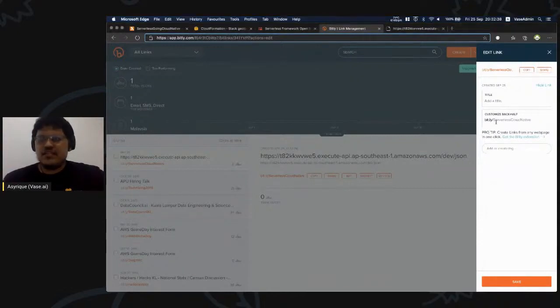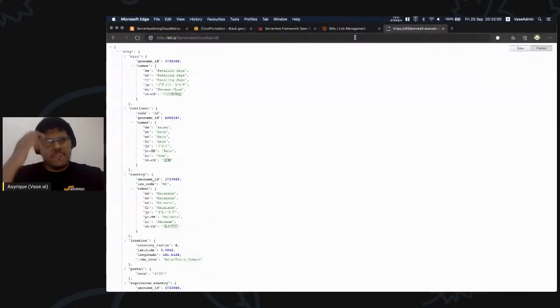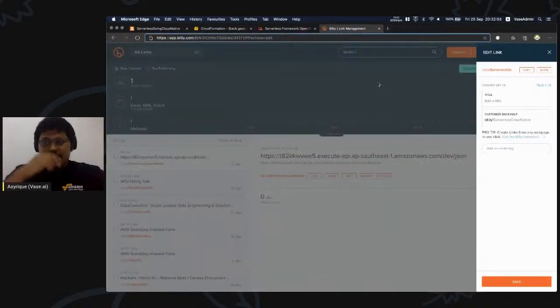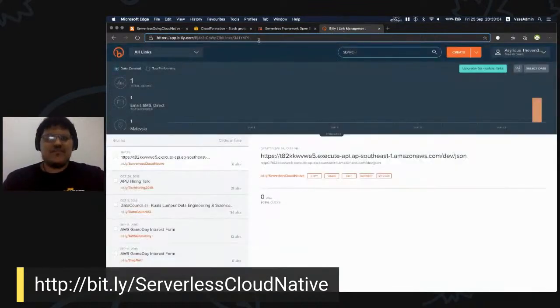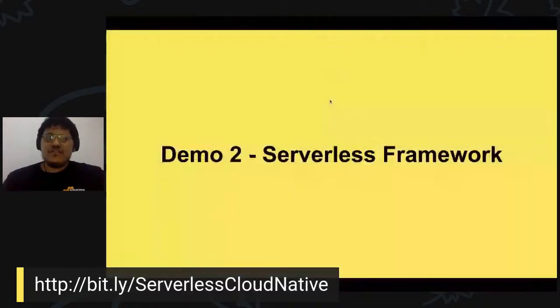So if you go to bit.ly/bigass serverless cloud native, you should be able to also test out the GeoIP resolver as well. Okay, I'll be taking that down at the end of tonight because I don't want someone to end up using it and charging me for their GeoIP resolution. But I'll leave it up until the end of tonight. Okay, so that's done for deploying an actual small serverless app into AWS. So very easy. Serverless framework makes it super easy to do that.